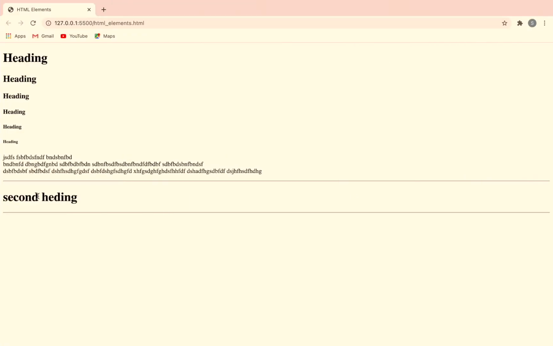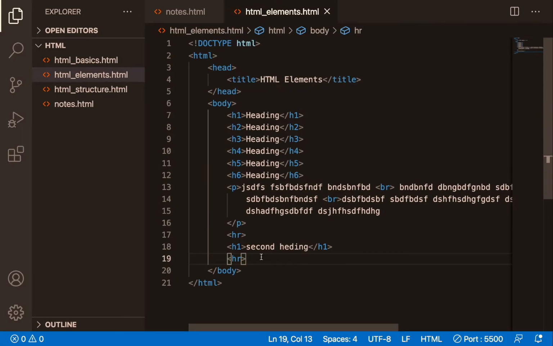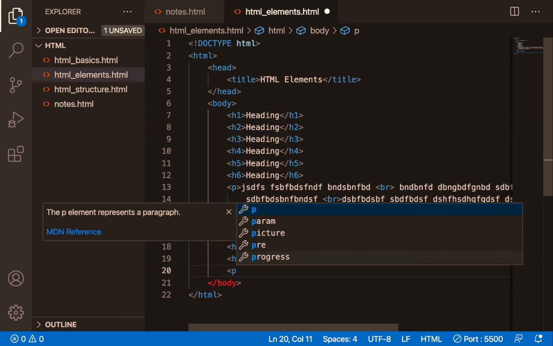See, I gave heading H1, then after that I used the HR element, so it is coming as a horizontal line. So based on our requirement we can use break as well as the HR element, horizontal line. And one more thing, let's see, write one paragraph.